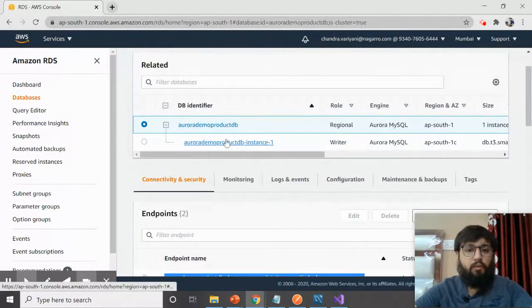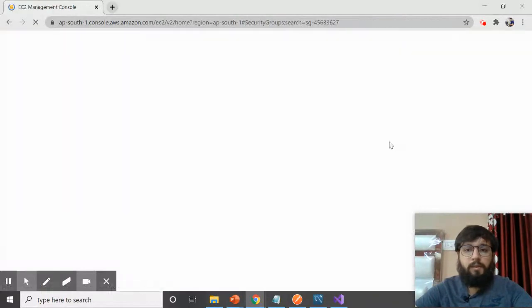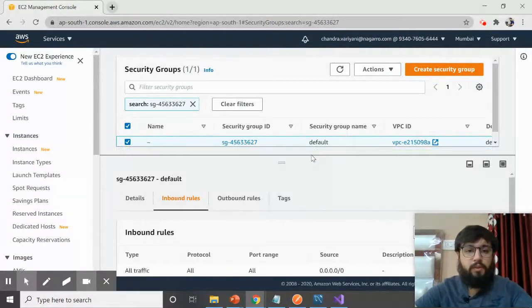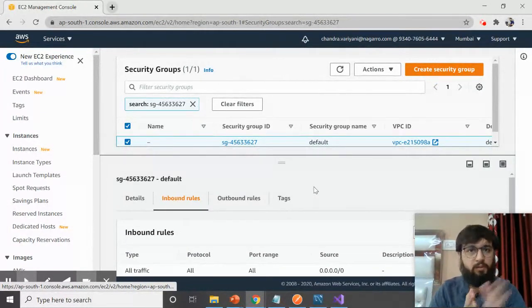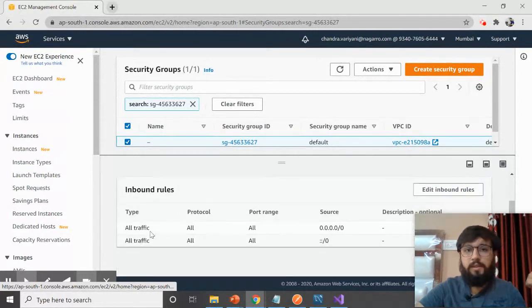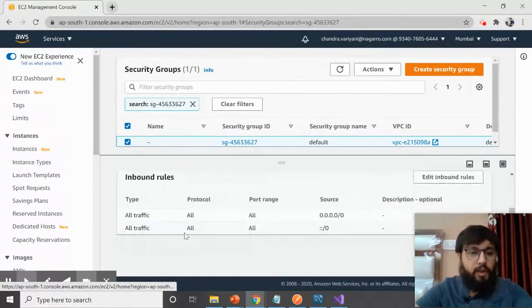And one thing I want to showcase, this is the VPC group. If you remember, we have gone for the default one. Here are the inbound and the outbound rules. So guys, practically if you would have enabled the encryption, we have not enabled, then you might need to update the inbound and the outbound rules as well. That means what you want to allow in the database and what you want to allow to go outside, right? So for example, all traffic is allowed. That means from anywhere anyone can access this RDB. Otherwise, you need to configure maybe your IP config for this or any other settings or connection string from which you want to allow. So that's all. We have all traffic set.